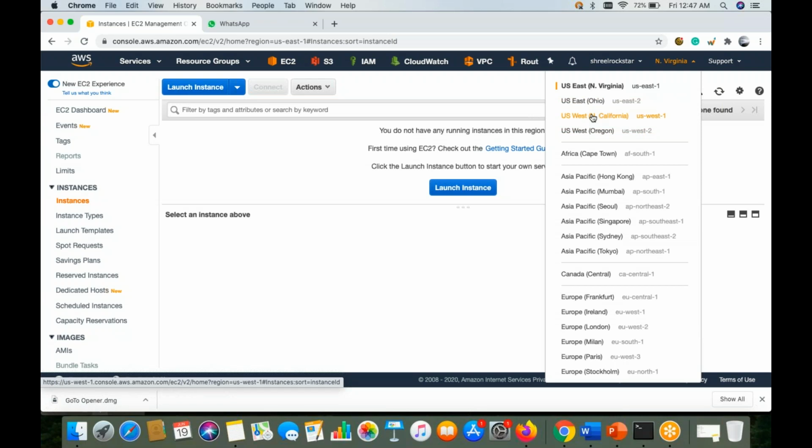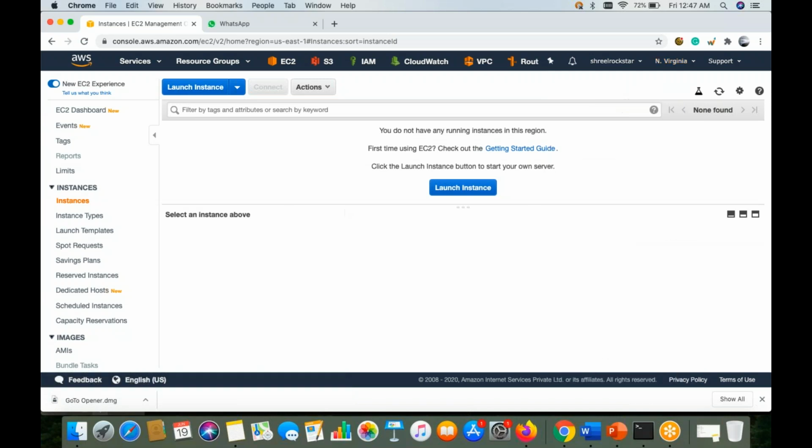This will always help us, guys, to get less latency and good performance. If I'm accessing a server from the US to Singapore, or Singapore to the US, it will always be high latency. But if the user is coming from the US, North California, and the server is also hosted in North California, then latency will be low and performance much better. This is also part of best practices. Selecting the right region will solve 90% of latency problems in terms of performance. We are just going with the default, North Virginia. That is fine, since we are not going to touch any live user.